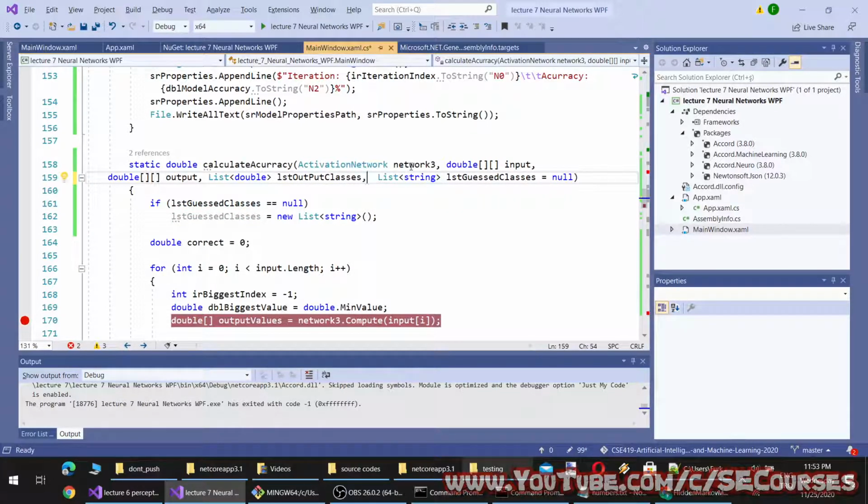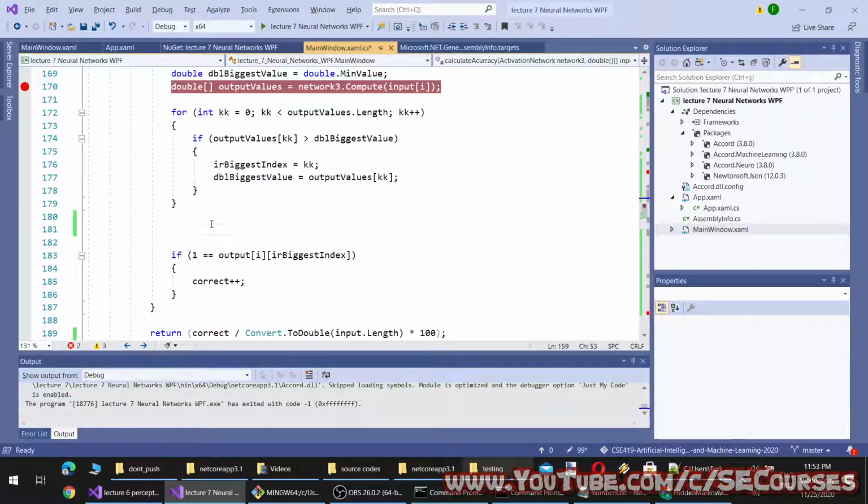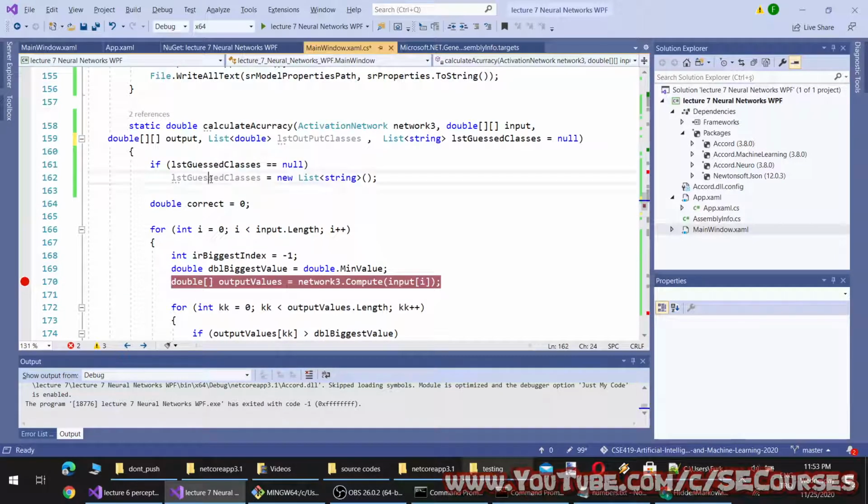These classes could have been a string, but you would likely convert them into doubles for better processing. Okay, I will provide this as well. And so the biggest index will be the guessed class.